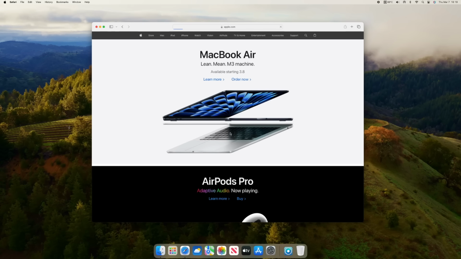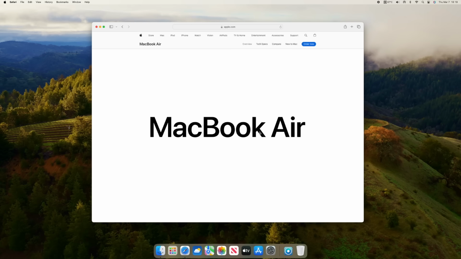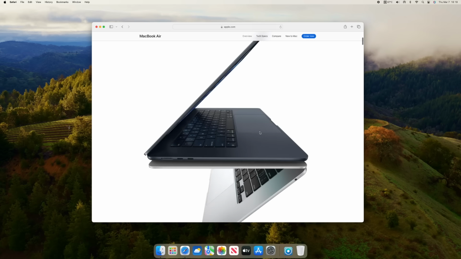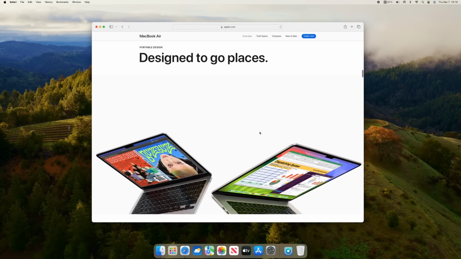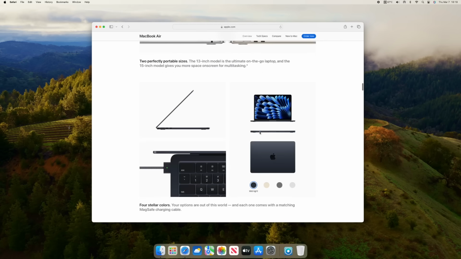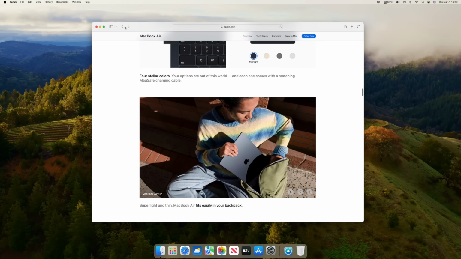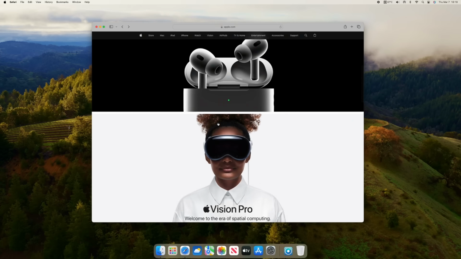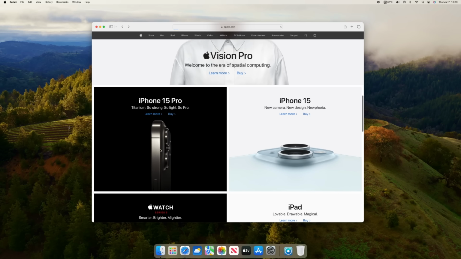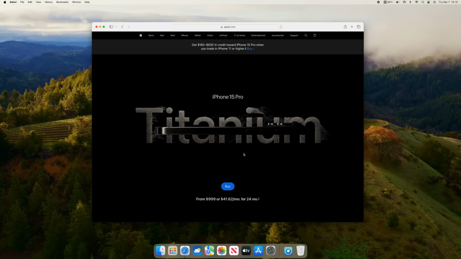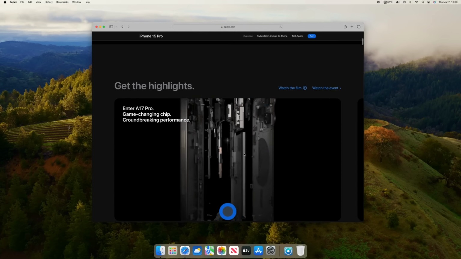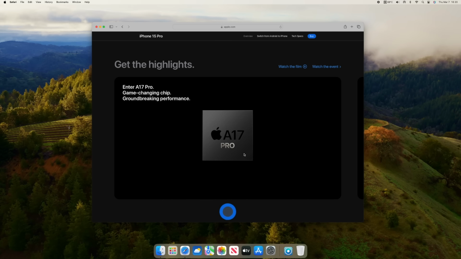So you can see the new MacBook Air here, and we can just scroll through the website, but you can see the animations are working and it all looks as it should. So that looks good. If we go back and maybe go to the new iPhone 15 Pro here, you can see there's the animation with the titanium, it's working,